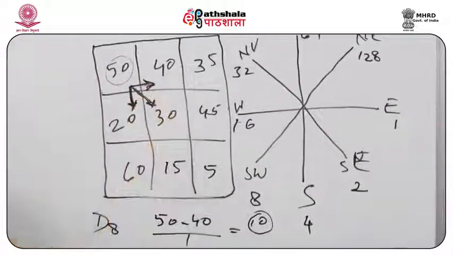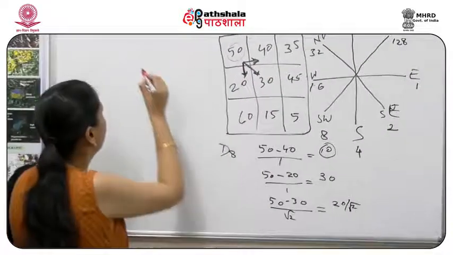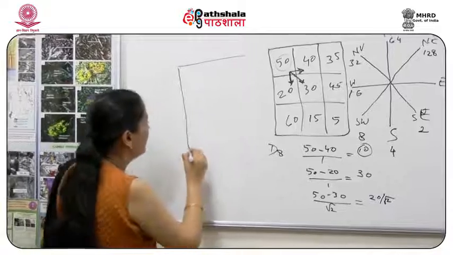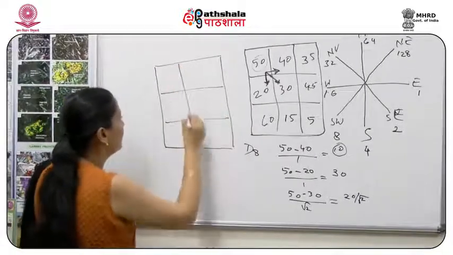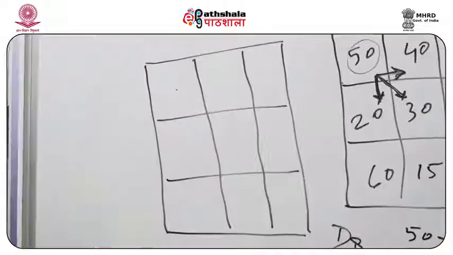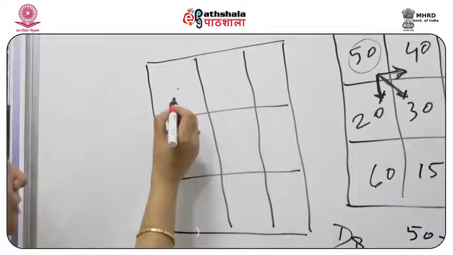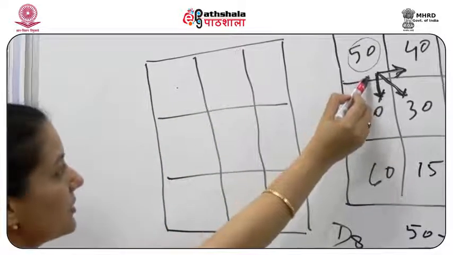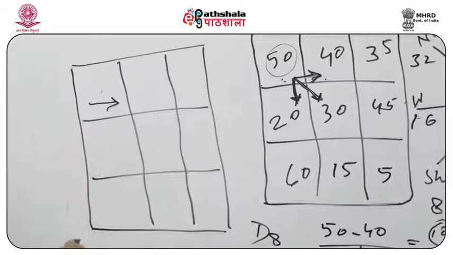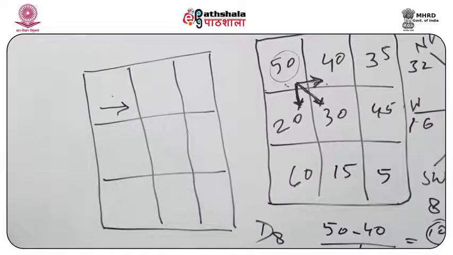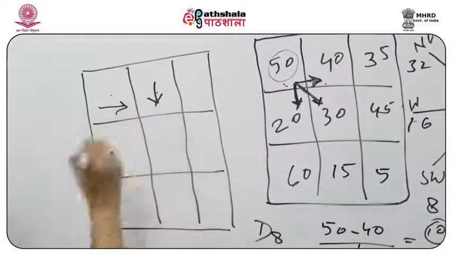So this kind of map is created for all the raster cells. Once you create this kind of map, you might get something like this. You calculate the slope at every raster cell here, and based on the slope we can have the aspect direction for all the cells. So here, since the water will move from this cell to this cell, the flow direction is this. Similarly, we can have these values for all the other cells, and for this the movement is here.